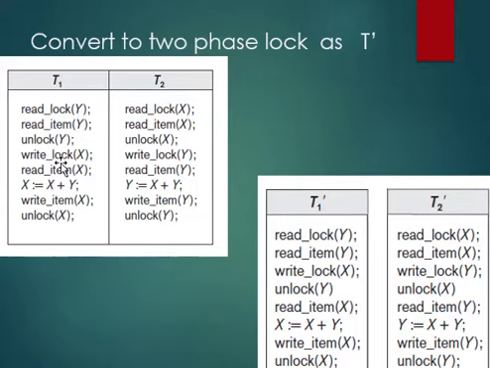We just need to move the write lock before the unlock operation, which is done in T1 dash in the second figure. Here you can see the unlock operation comes down after the write lock operation. Now T1 is in two phases, before the first unlock and after it. Before the first unlock you do all the read locks, write locks, and you can do read item and write item operations, but you can't do any unlock before the first unlock. After that there are only unlock operations.